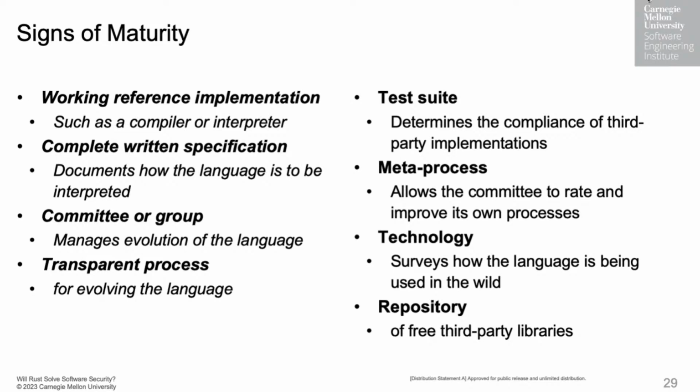So some of these are bureaucratic, that there's a committee of some sort that maintains a language, that the committee employs some sort of transparent mechanism for issuing releases to the language, and that the committee also surveys how widely used the language is. A lot of that became easier in the open source era because we now have open source repositories like SourceForge and GitHub, and there's furthermore technical items such as a reference implementation, or a compliance test suite that can tell you if your homegrown Rust compiler is actually compatible with rustc.